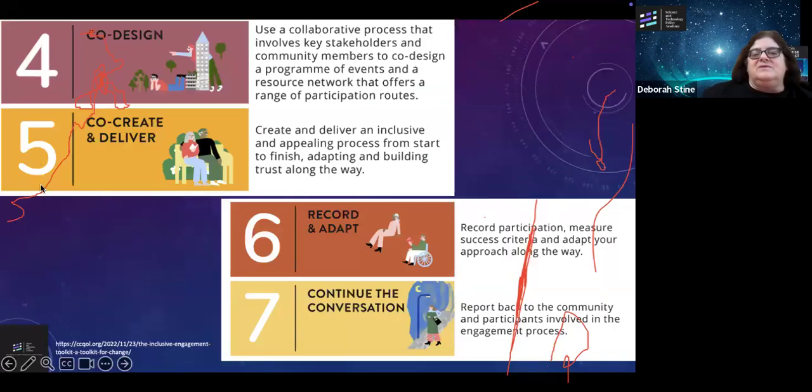Then what you want to do is co-design whatever it is you're doing. So when you're talking about, for example, some sort of data collection or analysis, you're not coming in there and presenting it to them. You're working with them as to what should be part of the data you're collecting and how you are collecting that data. So they are part of the process, not just you delivering a presentation and asking, does that sound okay to you? And they say, oh yeah, that sounds okay. It's more of a dialogue, a two-way engagement.